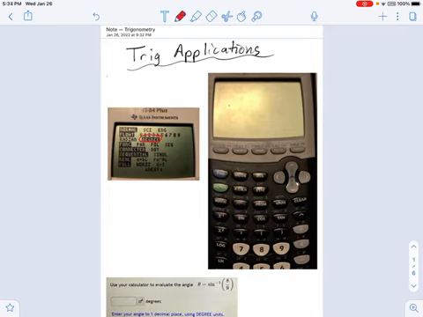Let's use my pen. Right here is your mode button, and that's how you get into degrees and radians settings, among a number of other things, but we won't talk about those for now. The big important buttons that we're going to be using are sine, cosine, and tangent, and the inverse sine, cosine, and tangent. The sine, cosine, and tangent are obvious. If you see that little blue print above it, that's where the inverse trig functions live. The way you get to that is using this second button, and then you hit sine. So if you want inverse sine, you say second sine. If you want arc cosine, you say second cosine, and so on.